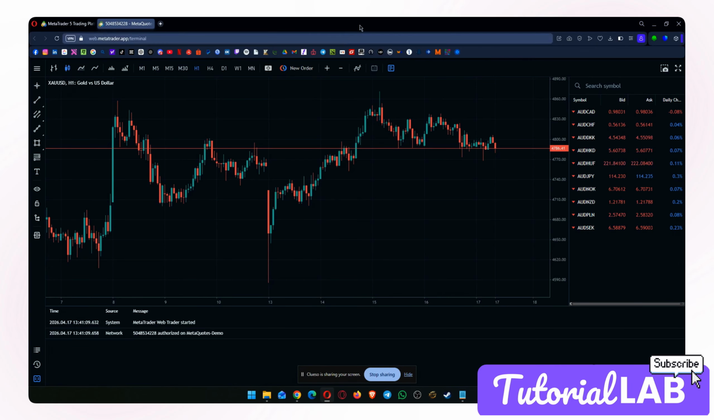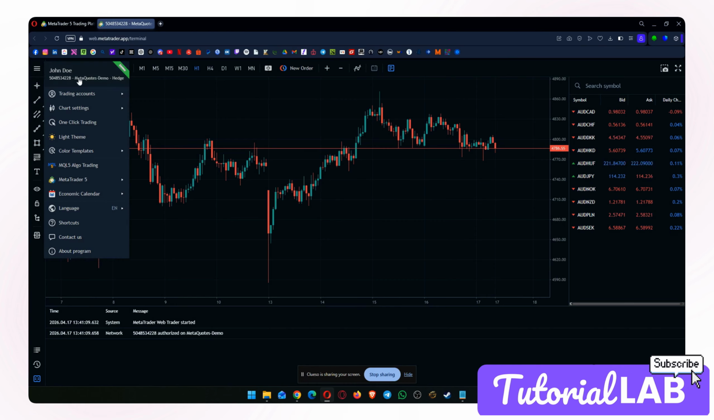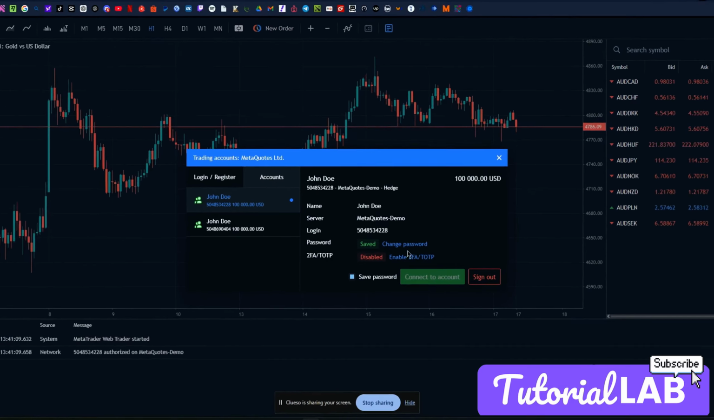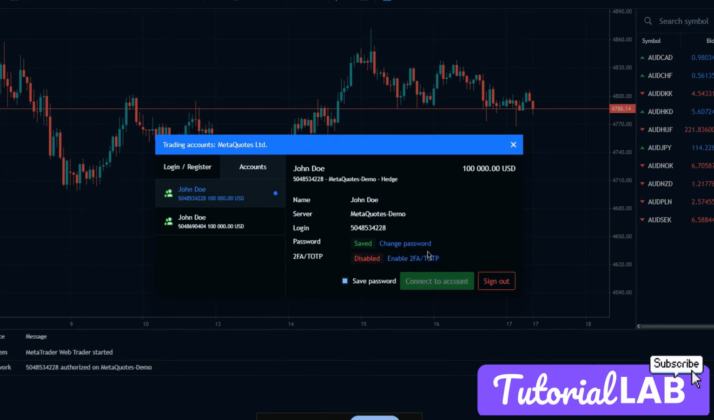Now let's get started. On your MT5 dashboard, to change your password, all we need to do is click the three horizontal lines in the upper left part of the dashboard. Once we're there, we just need to click your name. Here, you will see right away the Change Password option under the accounts in the pop-up window that you just